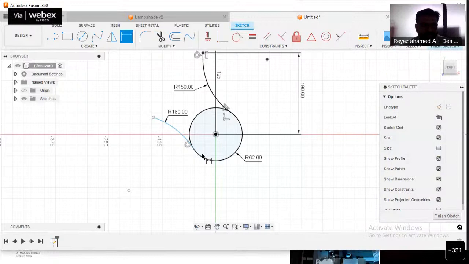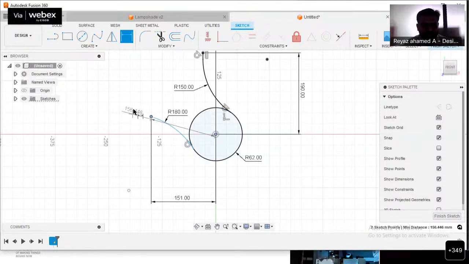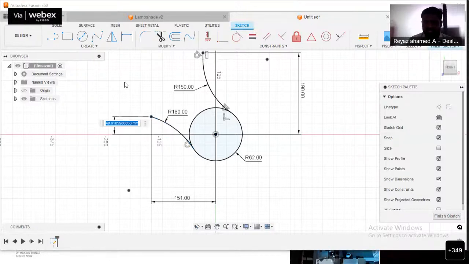Go ahead with the dimension, pick a point over here, and then pick a point over here. Give the horizontal distance as 151, and then the same end point and the same center point, the vertical distance. Okay. So the vertical distance is 65. Let me give the value as 65, enter.